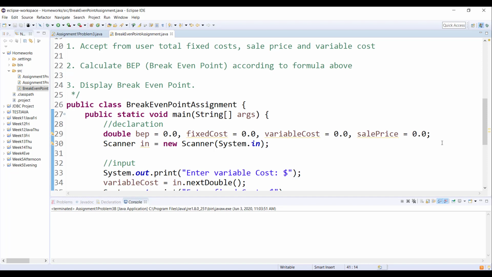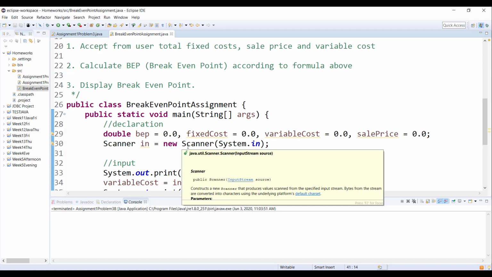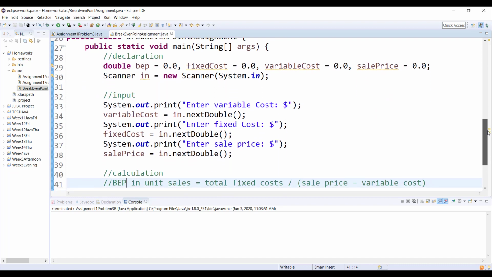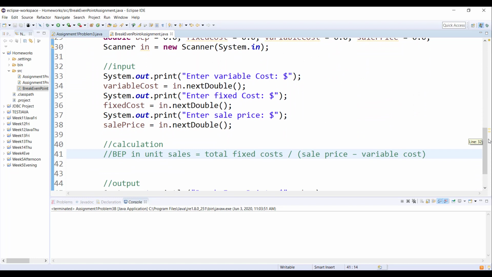In the variable declaration, as you can see, I've declared fixed cost, variable cost, and sale price. And then I have my scanner object, which will allow me to accept an input from the user in the console. You can accept an input using the console, or you can accept an input using JOptionPane. It's totally your choice. Okay, next, we accept variable cost from the user, we accept fixed cost from the user, and we